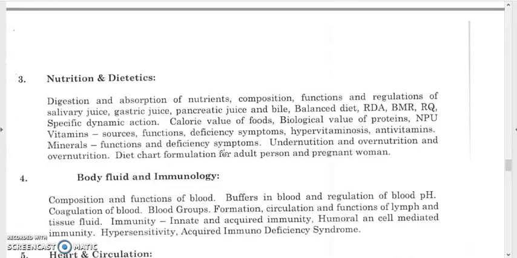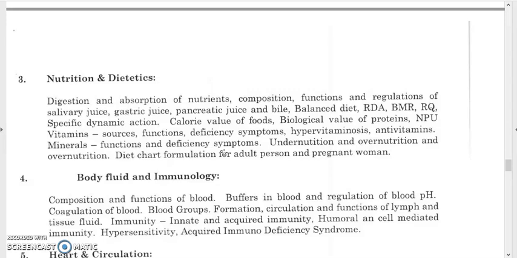and diabetes, that is digestion and absorption of nutrients, composition, functions, and regulation of salivary juice, gastric juice, pancreatic juice, bile, balanced diet, RDA, BMR, RQ, specific dynamic action, calorific value of foods, biological value of proteins, vitamins, different types of vitamins, how the deficiency symptoms of vitamins, like fat soluble vitamins, water soluble vitamins, what are the different roles, hypervitaminosis,